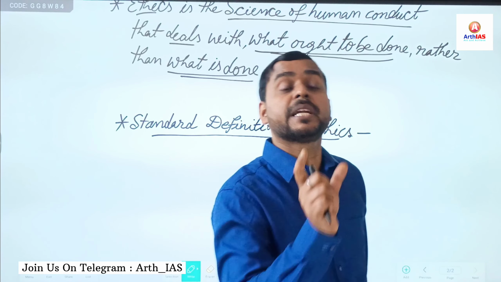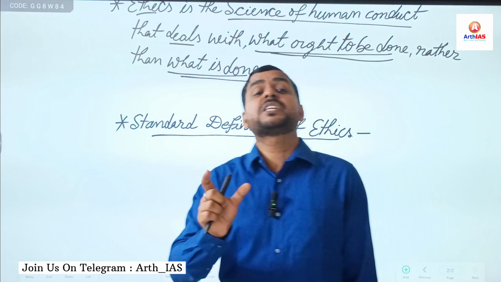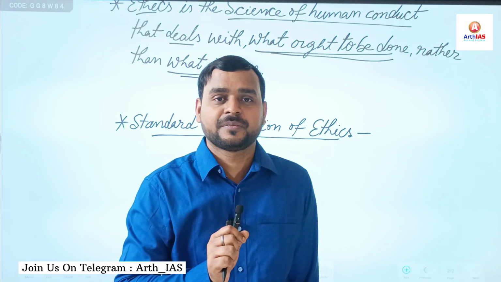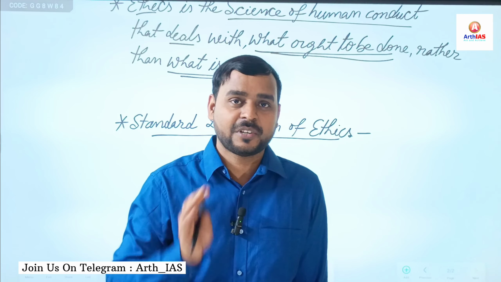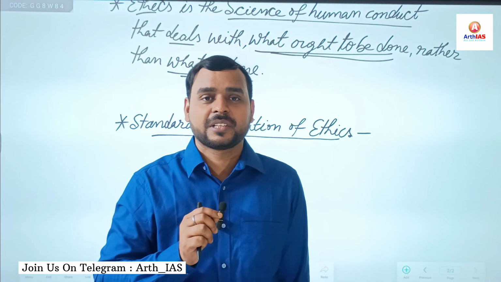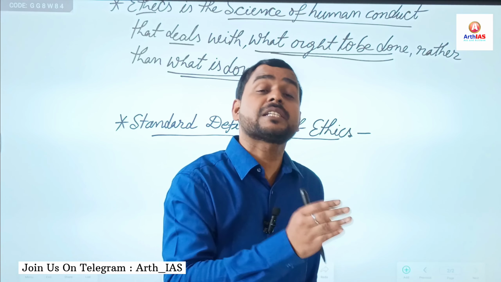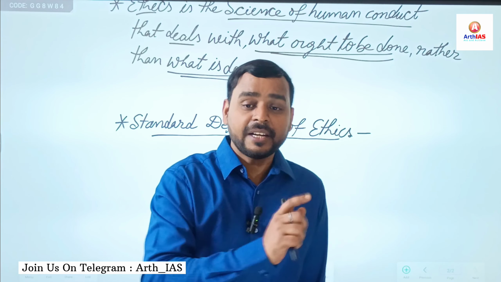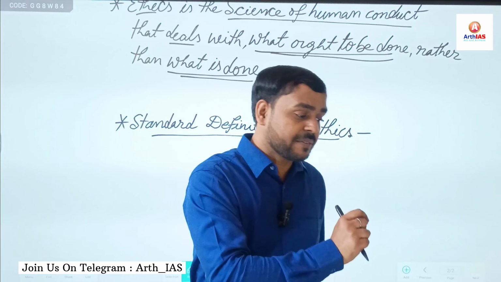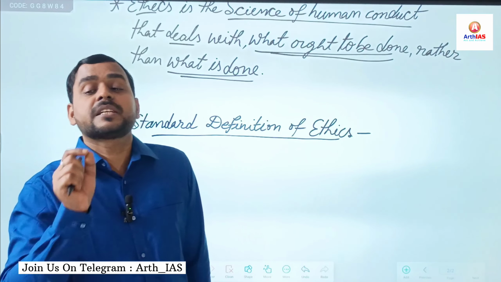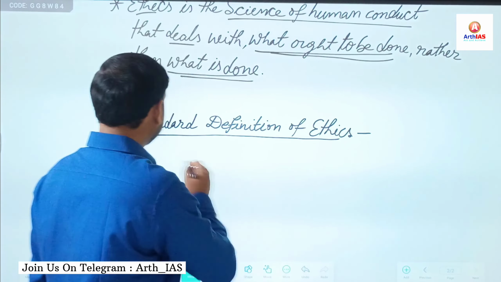But the definition should maintain that standard, and the definition should be meaningful, right? You cannot write anything, or use very general terms, right? Maintain that standard, because UPSC has its own standard, right? So simply when you have to write a standard definition, you can write that ethics is the science of human conduct that determines